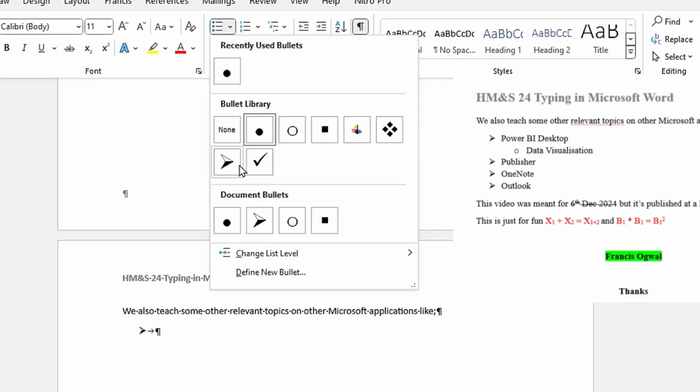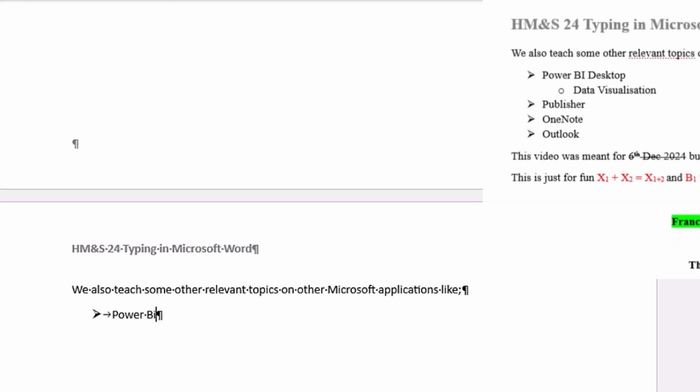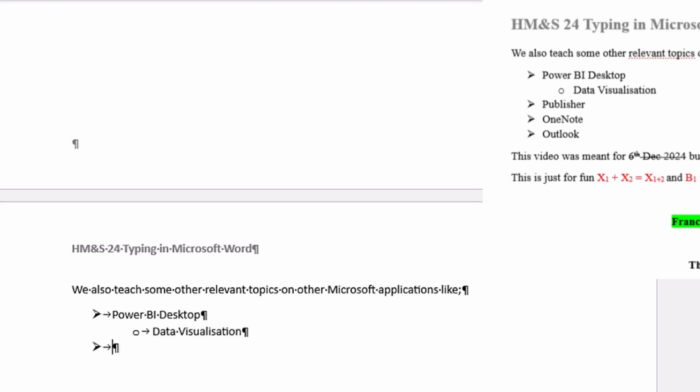But the one we want is this one. So when you click on it, you can see it has put for us here. So I'm going to do Power BI Desktop. So that one is sitting in the first level. When I hit enter, I want to go to the next level. I'm going to hit tab. Now when you hit that tab, it created for you the second level when you're doing the bulleting. So I'm going to do data visualization. Now when I hit enter, shift tab to go back to the first level, I'm going to type publisher,